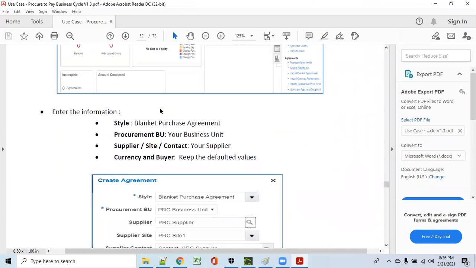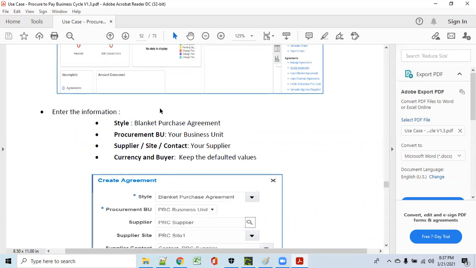And agreements. Agreement is like a bond between your supplier and your company. So this is the agreement time, like January to December, and you agree on an agreement amount, which items you want to buy, and what the price is. If you have a specific item we are buying from a specific supplier at a specific price, then you go for BPA. If you have only terms and conditions, meaning whatever the supplier supplies I am ready to buy, then go for CPA.